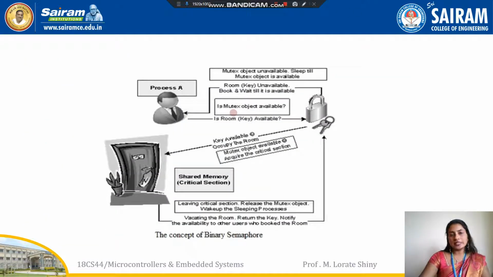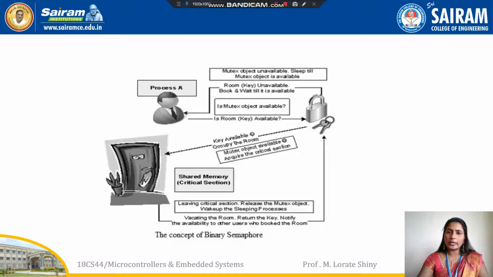Next, here also we'll see one real-time example. A real-time example for binary semaphore is hotel room accommodation. The rooms of the hotel will be provided for the user who pays and who follows the norms of the hotel. So if a person wants to avail the hotel room, he can come and approach the hotel receptionist. If the room is available, the receptionist will hand over the key to the user. During this period, he can use all the facilities of the room, like fan, telephone, television, toilets, everything.